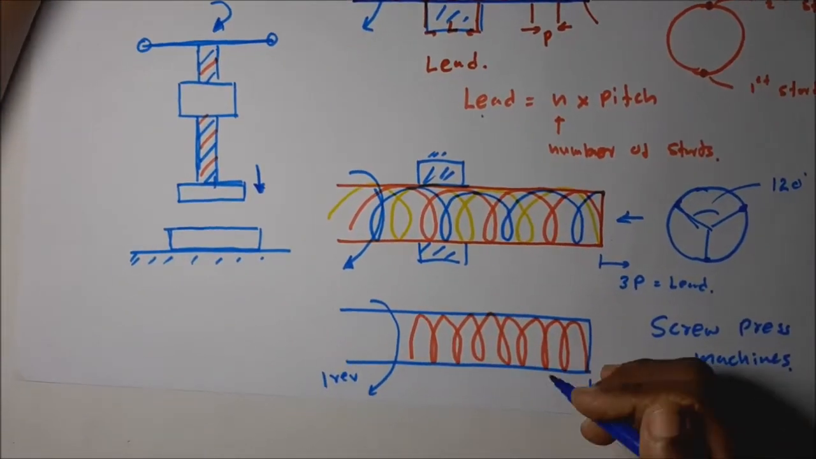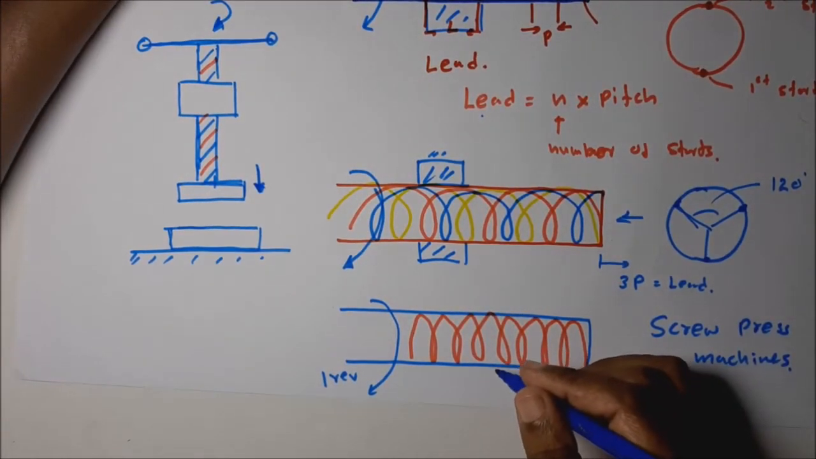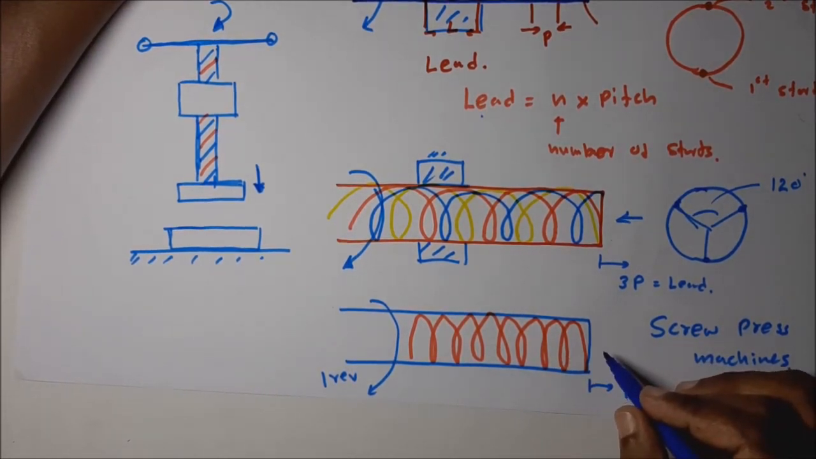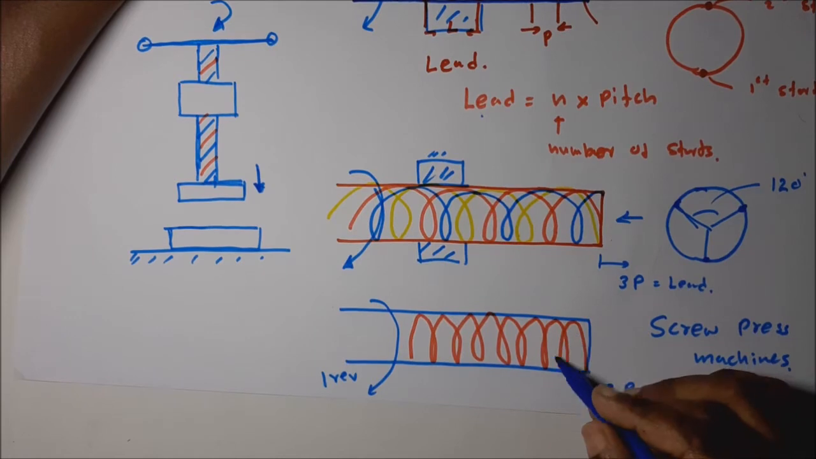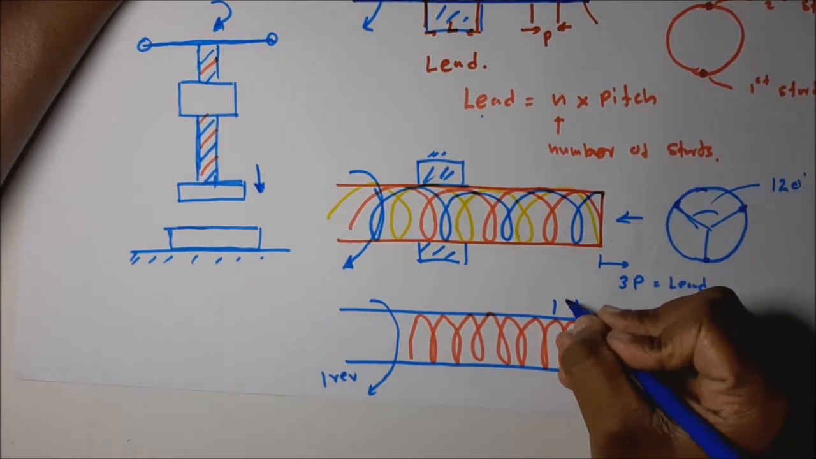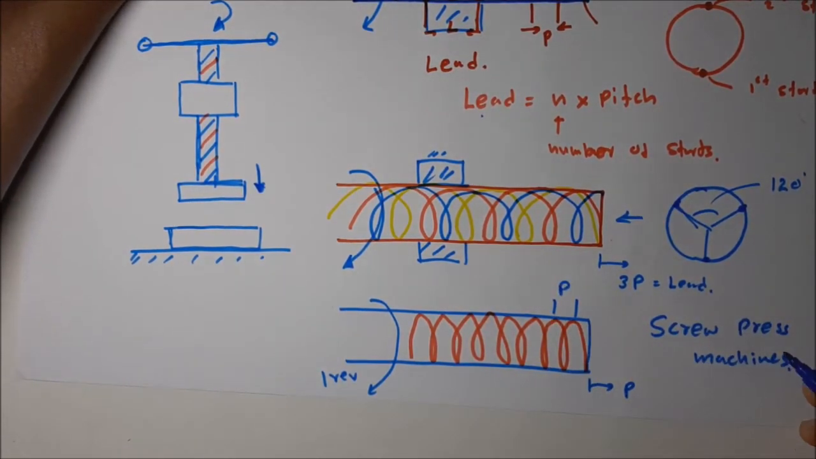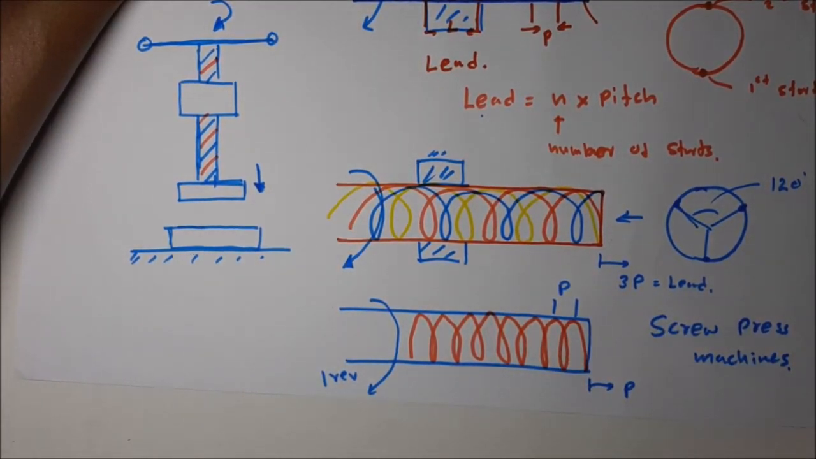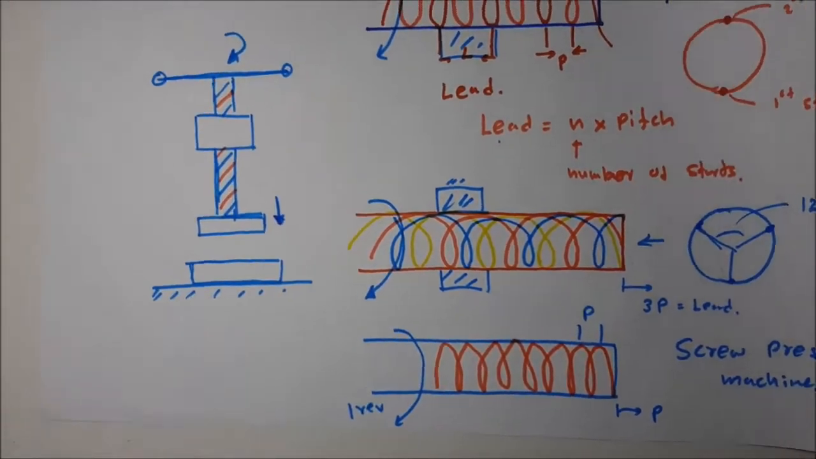Okay, first we are going to discuss how to cut the single-start thread using the lathe machine. The single-start thread has only one single thread, with a uniform pitch value. Let's see how to cut this kind of thread using the lathe machine. Okay, in the thread cutting operation,